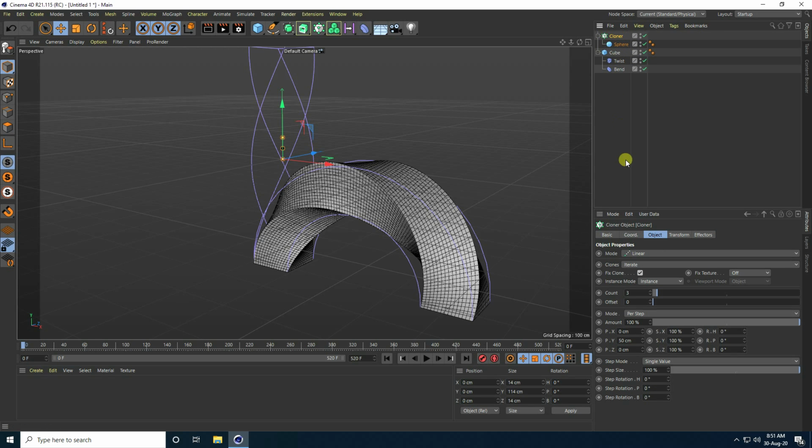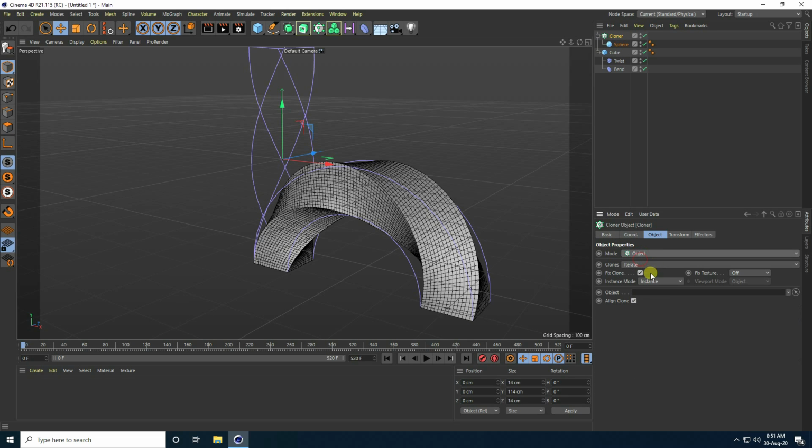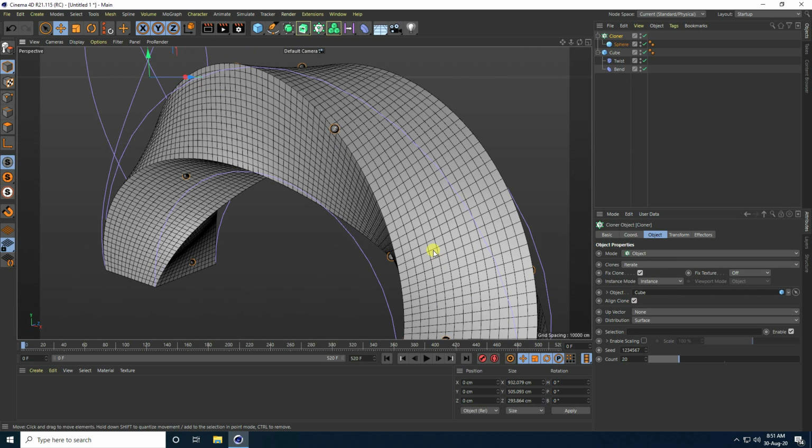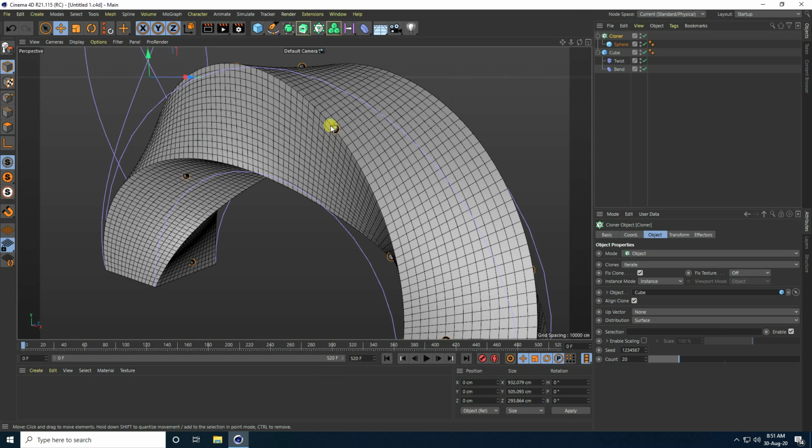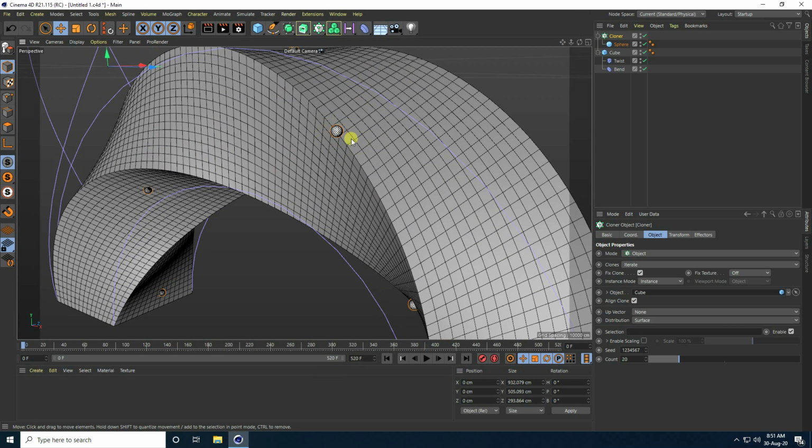Select this cloner and mode I use object, this one, and select this curve, drag and drop in object. Right? Okay, so guys, also save this project to the desktop.